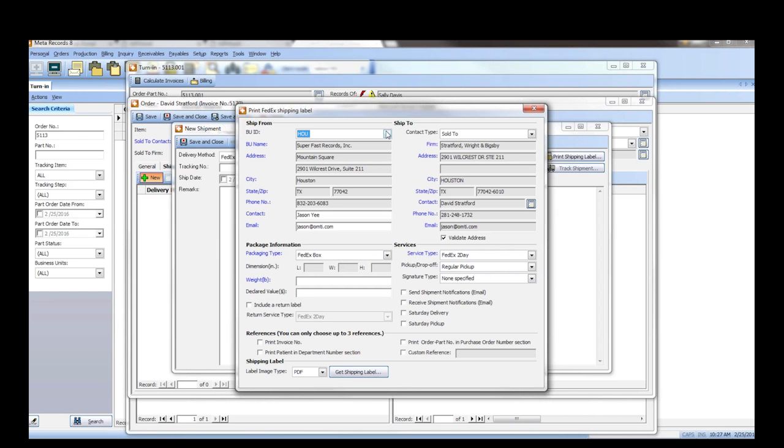So starting at the top left, you can choose the ship from, which will default to the user preference set default business unit, but you can choose any other business unit set up in your system to ship from. Select the ship to, which will default to the sold to, but you can also change that to the billed to as well. Then at the bottom, you can choose important package information, such as the packaging type, the weight,